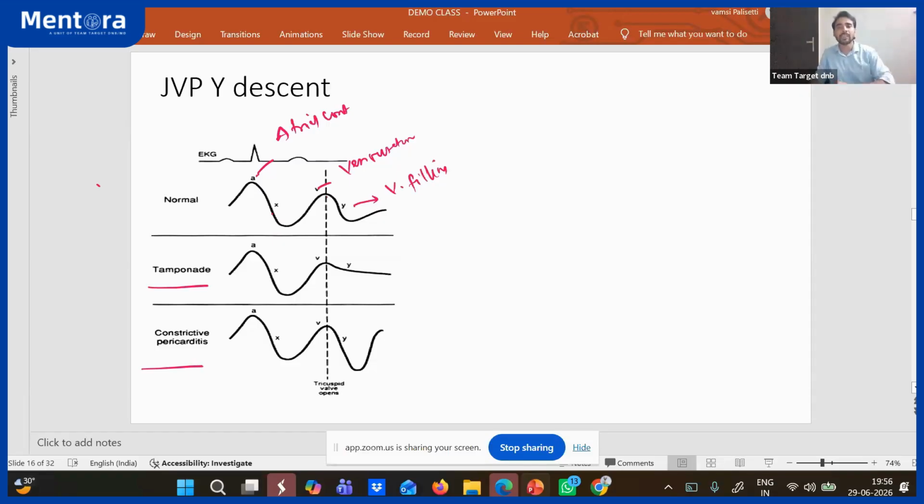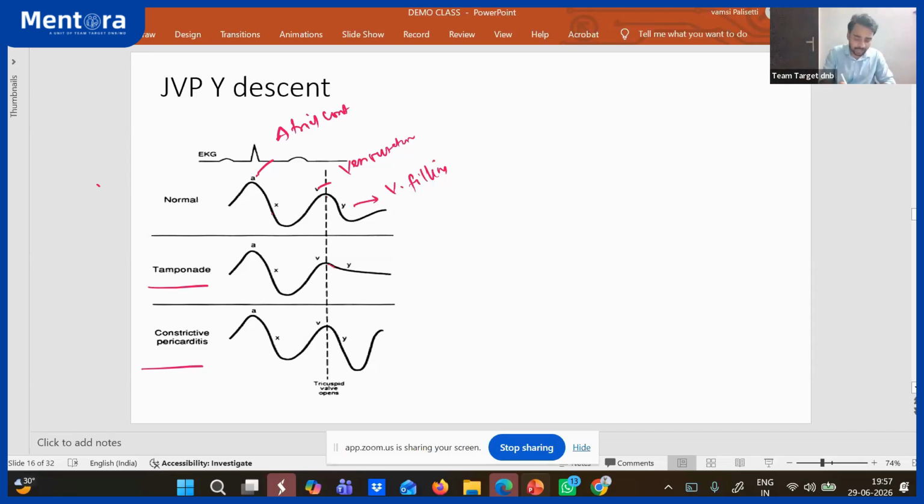So what is tamponade here? Tamponade means the pericardium is filled with some fluid, or pericardium became fibrous, and the pericardium is compressing the ventricle. So ventricle is unable to dilate at all. It is unable to expand at all. Right? That is what is called cardiac tamponade. So completely here the pericardium is compressing the ventricle. Now ventricle is unable to expand. So then what is going to happen when ventricle is unable to expand?